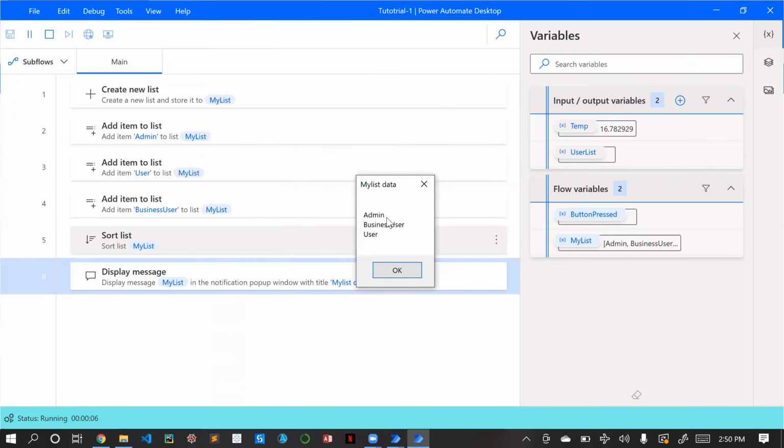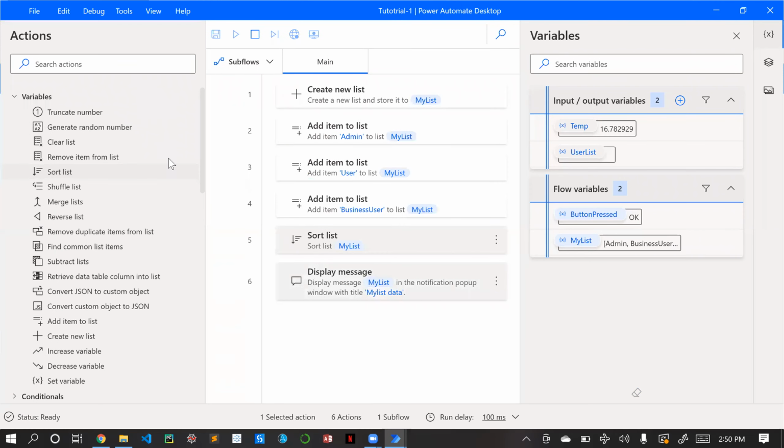Here you can see that our list is now sorted in alphabetical order, from a to z. Before it was admin, user and business user. Now it got sorted to admin, business user and user. So like this you can sort.